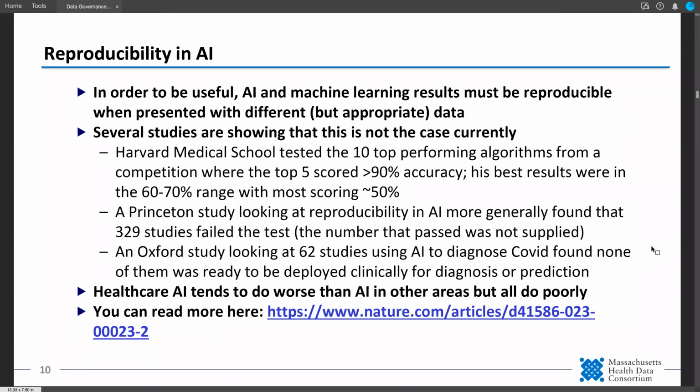And another one, which was very discouraging, was that there was an Oxford study that looked at 62 studies that were using AI to diagnose COVID, and they found none of them were at a level of confidence that they could be deployed clinically for diagnosis or prediction. So all of the AI does poorly, but the study found that healthcare AI tends to do worse than AI in other areas. You can read more about it at this article, but it was a pretty depressing view of